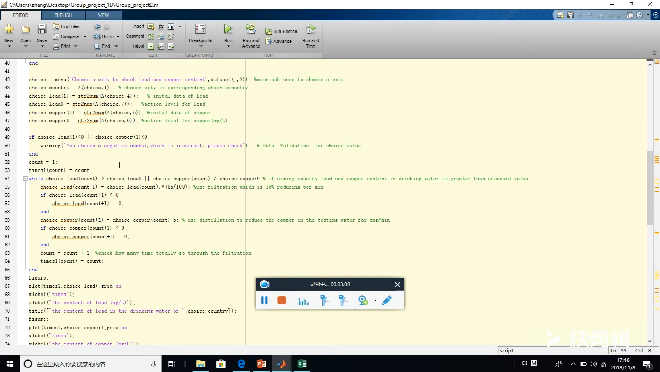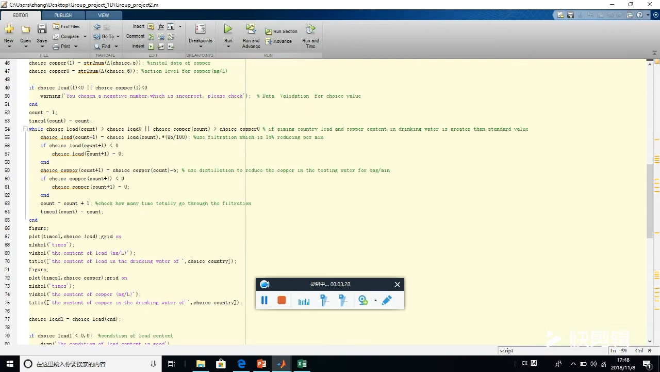And next we're checking if the tracing number is available or if it's an incorrect number. So we said if the tracing lead or the tracing copper is less than 0, which is a warning, it's a negative number, so it should be incorrect. And then after the data validation, we do another while loop, which is for testing the trace lead and the